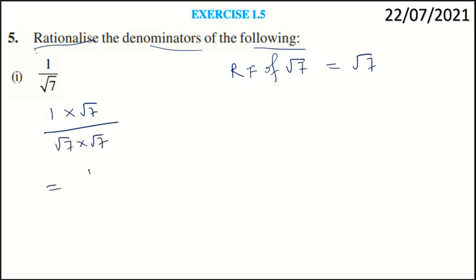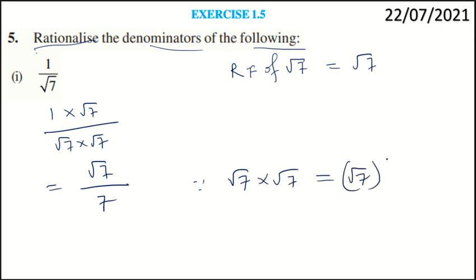So, 1 into root 7 is root 7, upon root 7 into root 7 is 7. Root 7 into root 7 gives you root 7 whole square, which is 7. So, this is the rationalized denominator. So, question number 1 is over. Question number 2,